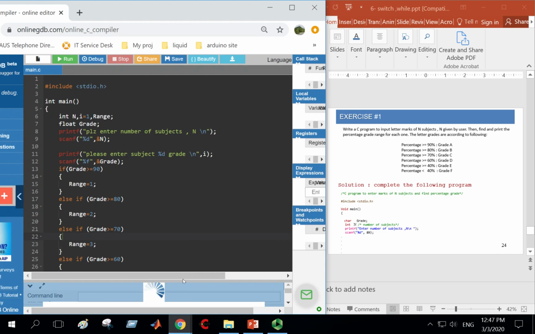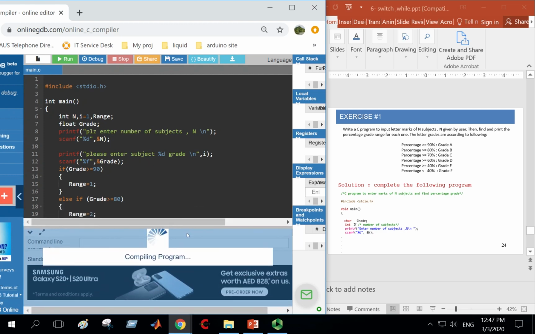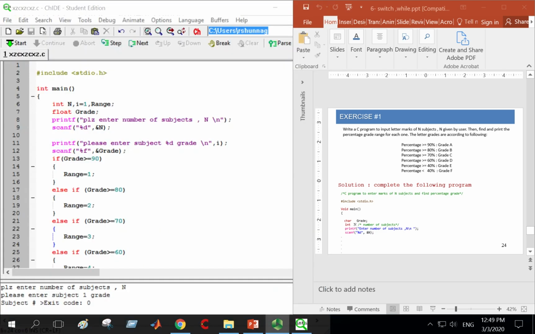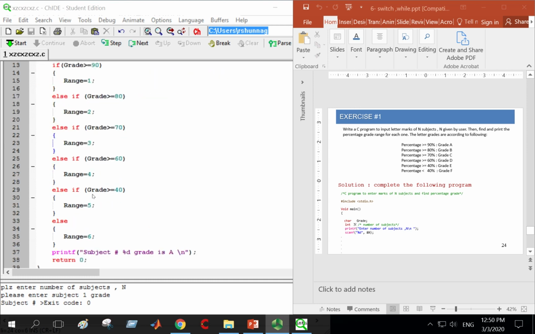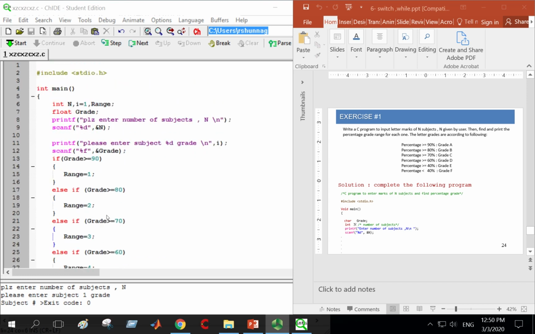There is a connection problem. I don't know what's wrong. I changed the compiler because the online C compiler has a connection with server problem. So I changed to the Shide, same program as you see. Now we have to run